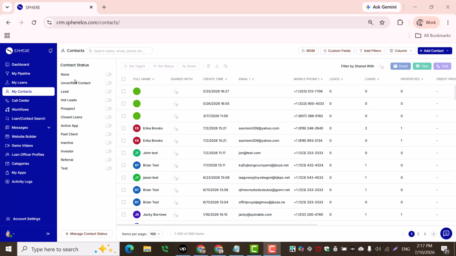Welcome to the My Contacts section. This is where you can view, organize, and manage all of your contacts in one convenient location. From this page, you can search for a specific contact, filter your contact list using contact statuses, and organize contacts using tags or categories. You can also add contacts individually or import multiple contacts at once using a CSV file